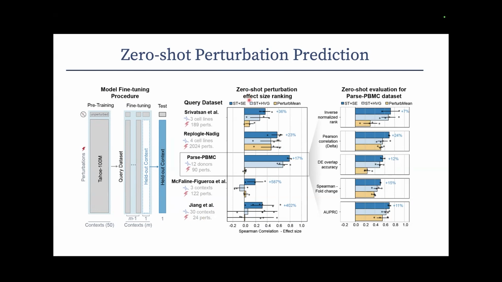In particular, we were very good at predicting the overall effect size of a perturbation. We didn't do as well on predicting differential expression, and that's understandable because it's a much harder task. But it's very encouraging to see that using these models that account for heterogeneity across data sets and within cell populations, we're slowly able to piece together the signal from across these different data sets and build these general purpose perturbation models that can be applied to different settings. All right,